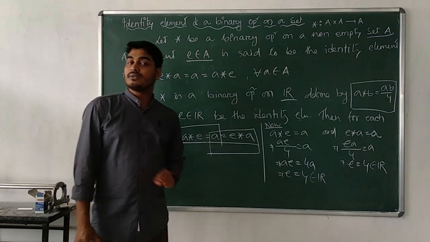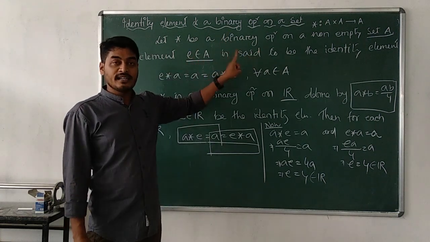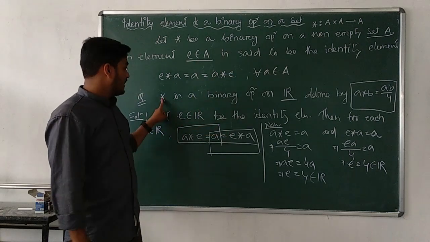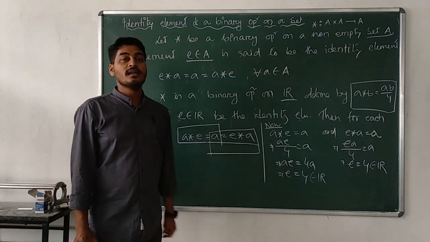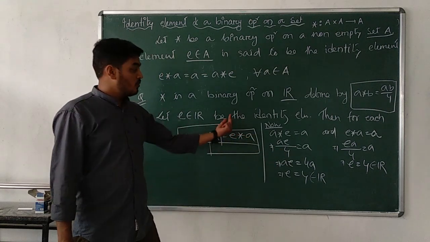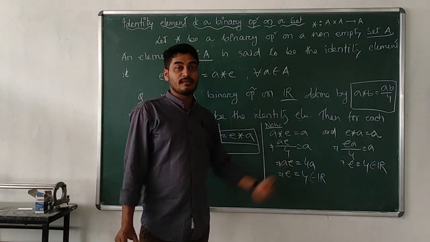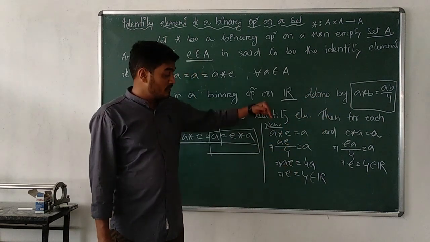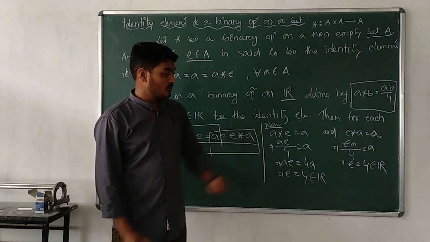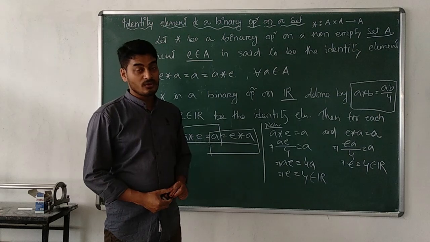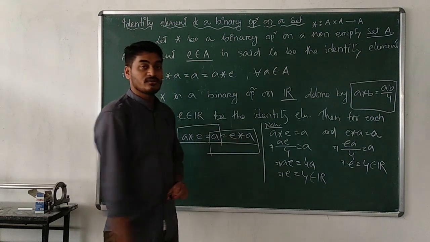What are the important things you have to keep in mind? First of all, the identity element should belong to the set on which the binary operation is defined. The binary operation is defined on real numbers, and the value of E I got is a real number. Second, it should be unique, whether it is the right hand identity or the left hand identity. In both the cases you should have the same value. That's why when you find the identity element, you have to check both. Correct? E is equal to 4. That's why you have to write down 4 belongs to R is the identity element. At the last moment you have to write it down.